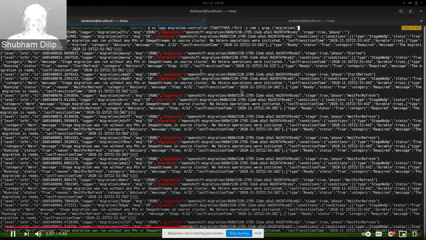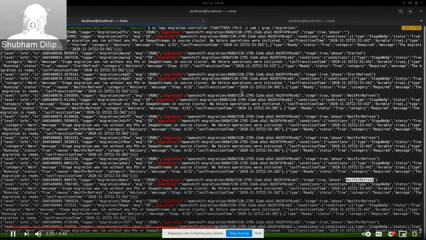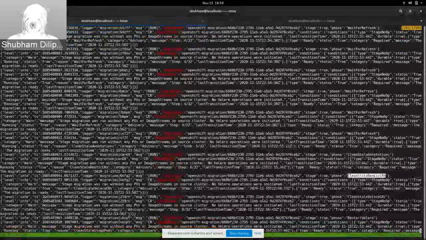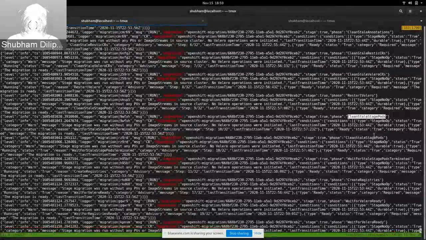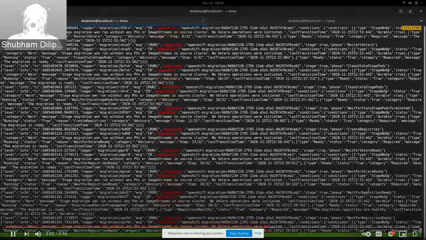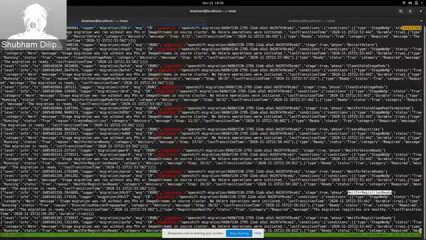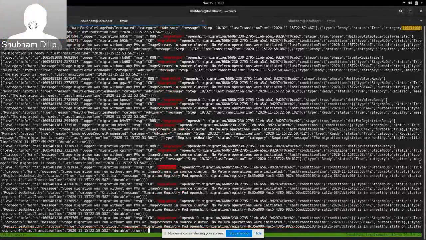So if we move ahead in the logs, we can see that there is a change of phase for the migration. Now we're still in the wait for refresh phase, change to clean stale annotations phase, and similarly going ahead we are in restart Velero phase now, but no change in the conditions of the CR. So still we are having the same conditions. So now we have reached the wait for registries phase, and if we check now, the conditions are similar,